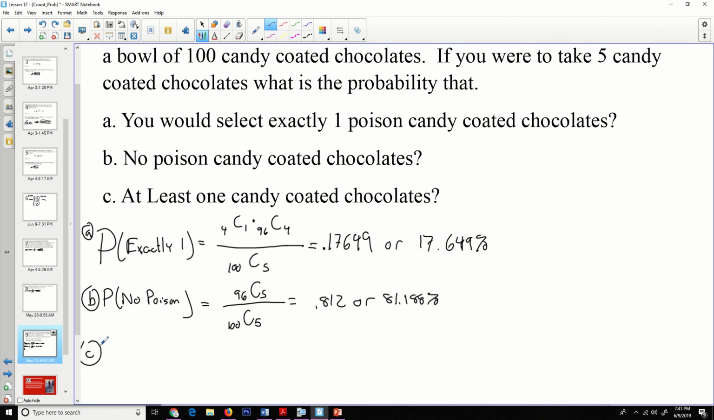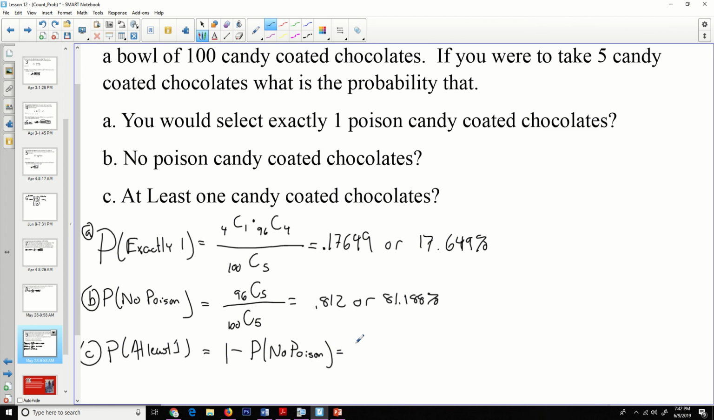So C, the probability that you get at least 1, means what is the probability that you got either exactly 1, exactly 2, exactly 3, or exactly 4 of those total candies. We could do it in a couple different ways, but the easiest way is to say that this is the negation of the no poison. So if you don't have a poison one in your hand, you have at least 1 poison one in your hand. And so we can do a complement here and say that this is 1 minus the probability of no poison,